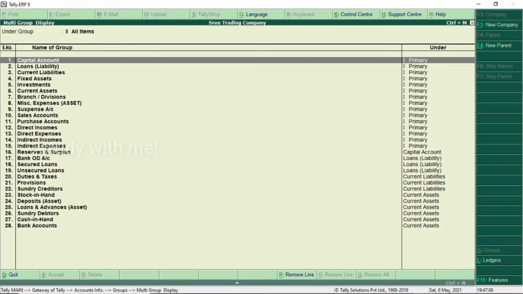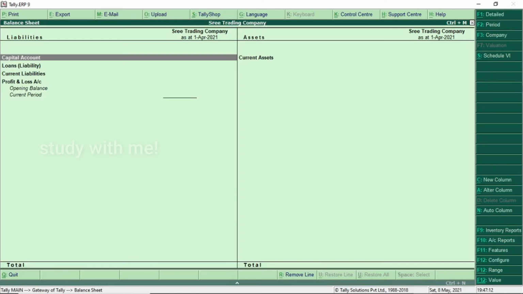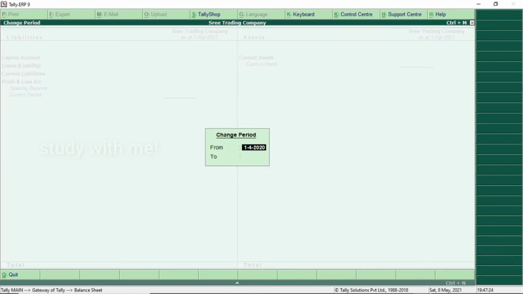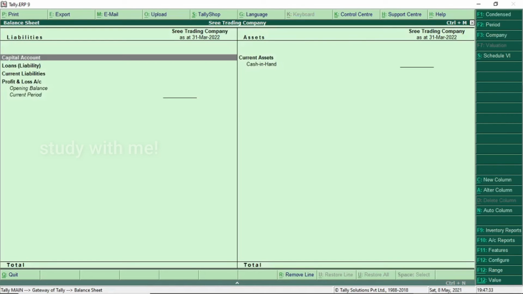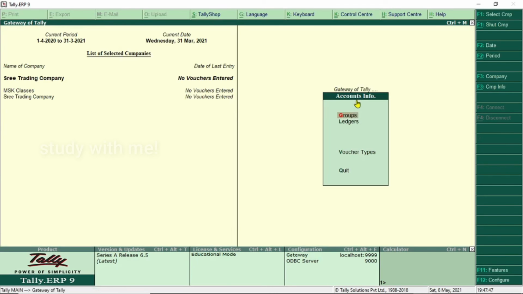You want to see what a balance sheet group is? Go back to Gateway of Tally, click the balance sheet, press Alt plus F1. Change the period. I think we have done the sum and I can show you. Already you have to know what will be in the balance sheet. Sorry, no. Accounting group,